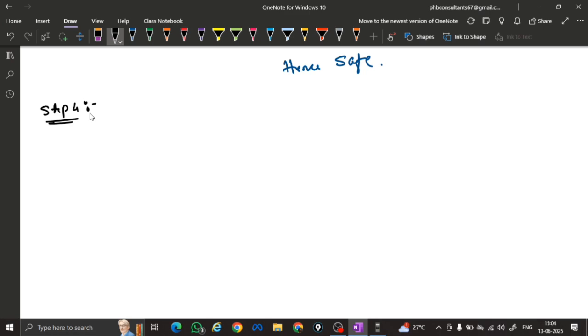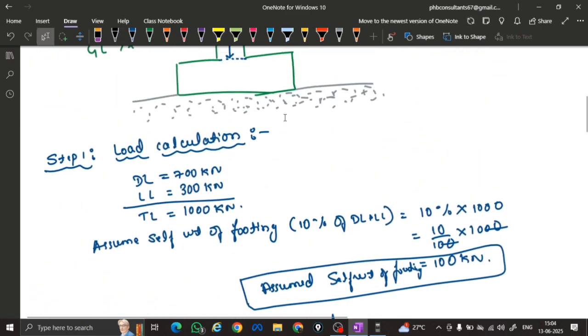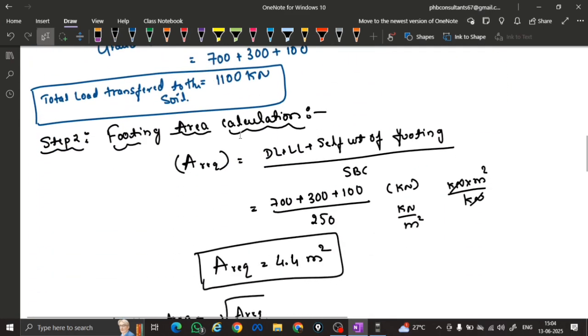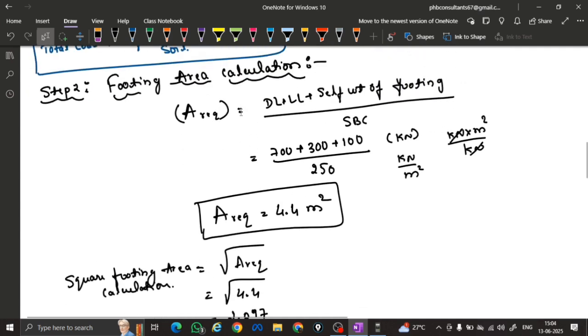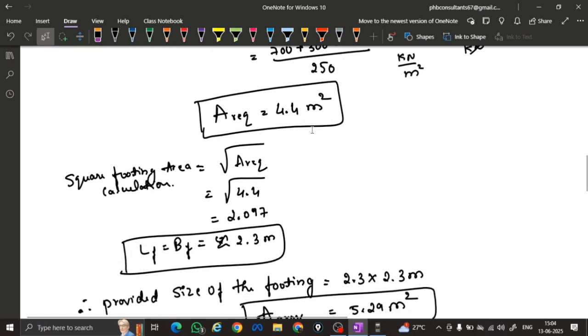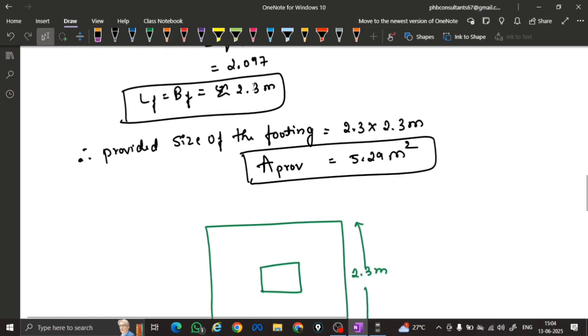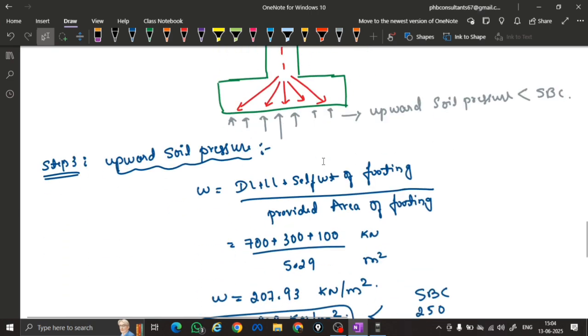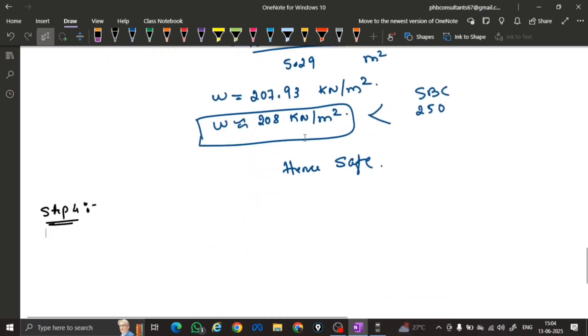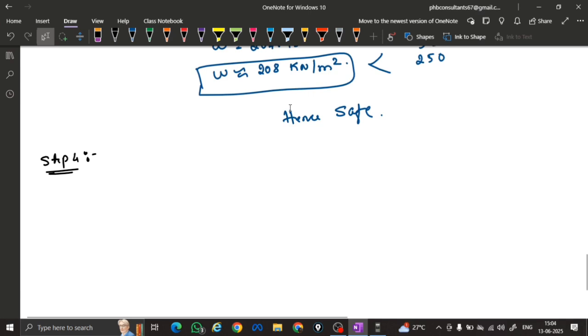Step 4. Now what did we do? First we calculated how much total load is transferring to the soil, and on that basis we calculated how much area is required. Then we took the square root of that area to calculate the length and width of the footing. Then we calculated the area provided, length into width, and on that basis the upward soil pressure, which should be less than SBC. Hence if it is less than SBC, then it is safe. Okay,